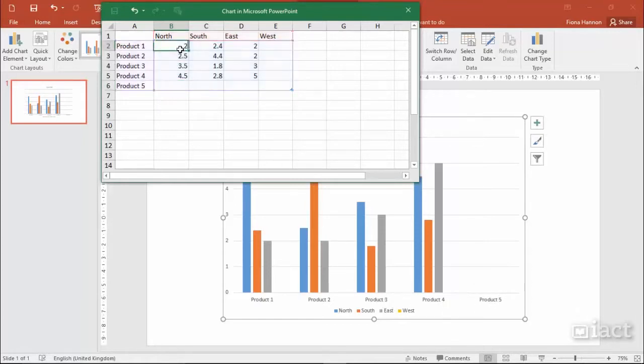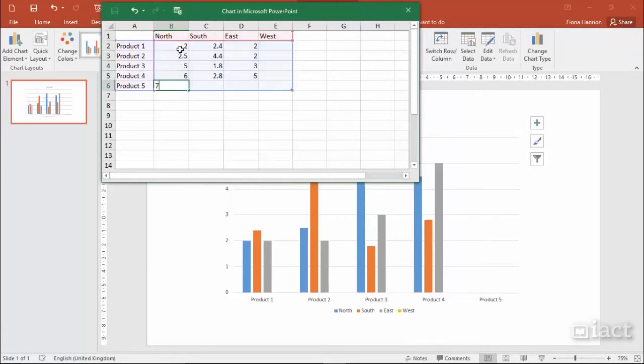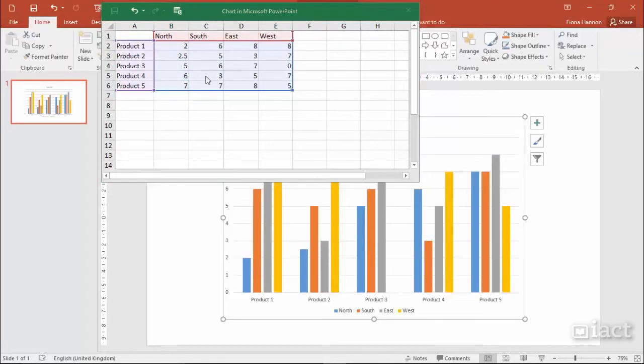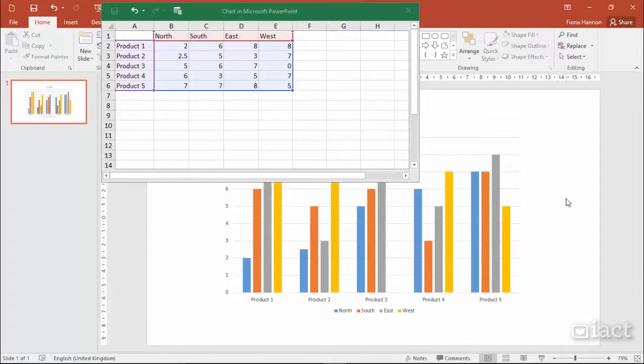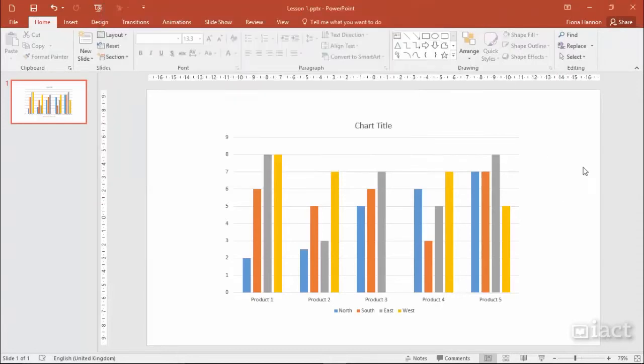Then all we need to do is enter in the numbers that relate to our particular data. Once this is done, you'll see the information changing in the chart below. When you're finished with this, you can simply click away beyond the chart on your slide and close down the data sheet. So now I can see the chart with all of its data,